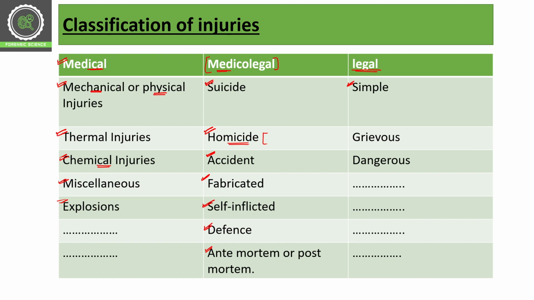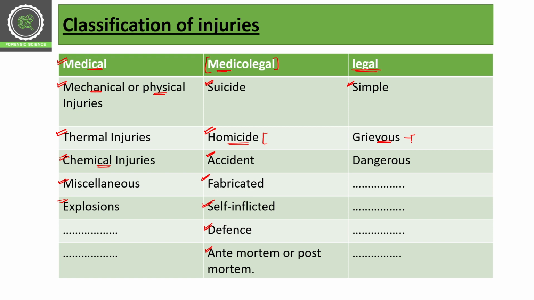So in simple injuries we have lesser sentencing, the fine is less and the imprisonment is less. And in grievous injury we have 7 years of imprisonment along with a fine. Okay, so that's why it is very important to understand whether the injury is simple or not. In grievous injury we have 7 or 8 types of categorization. If those characteristic features are there in that injury, we can categorize it as grievous, and the person who inflicted that injury will get 7 years of imprisonment.